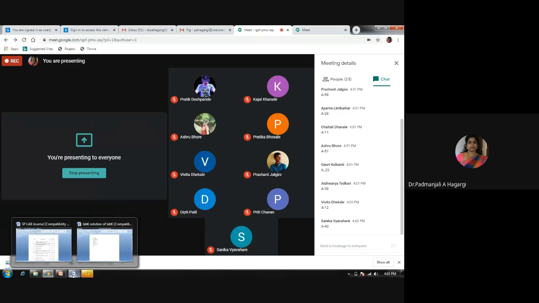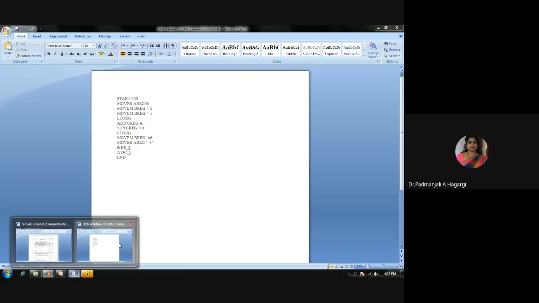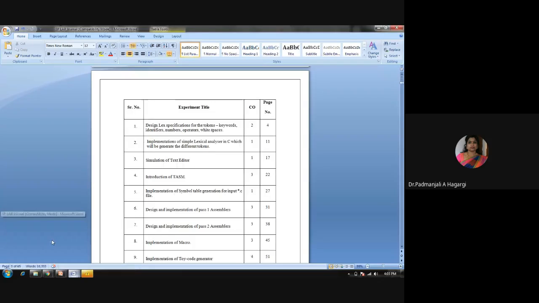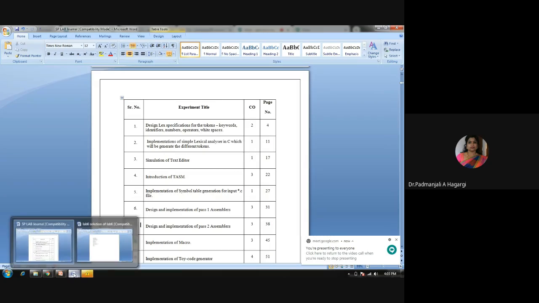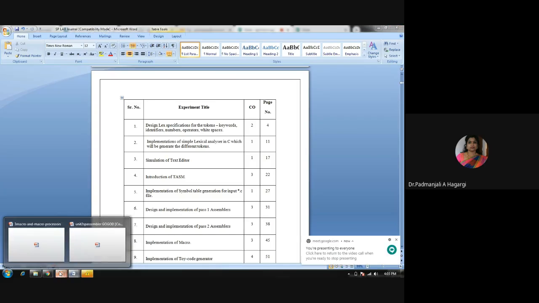Lab 6 is of the pass 1 design structure, and lab 7 is of the pass 2 assembler design structure. And pass 2, you know very well that whatever I have taught now is for pass 2. Have you all understood?